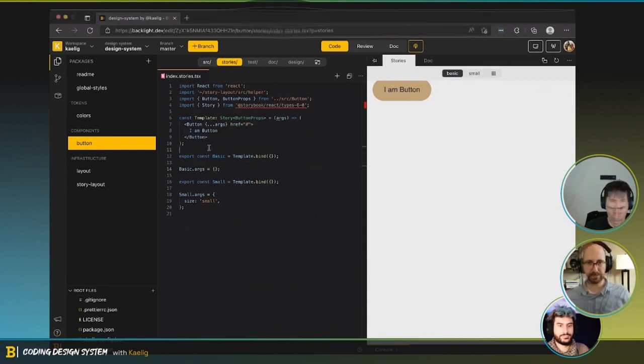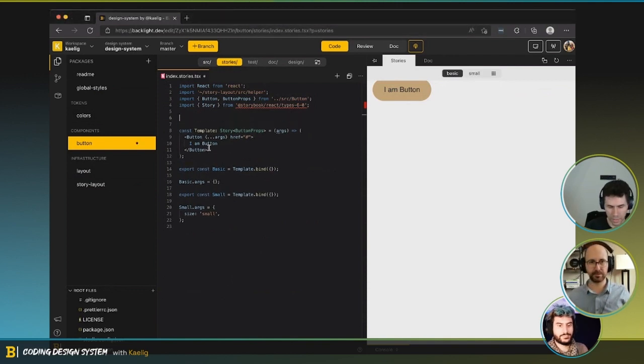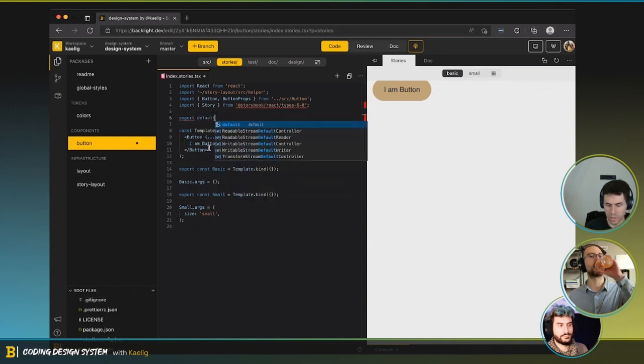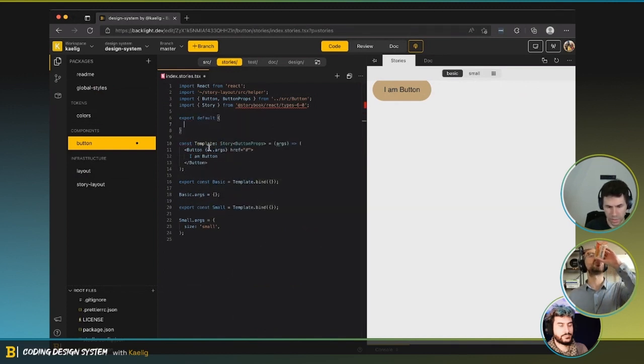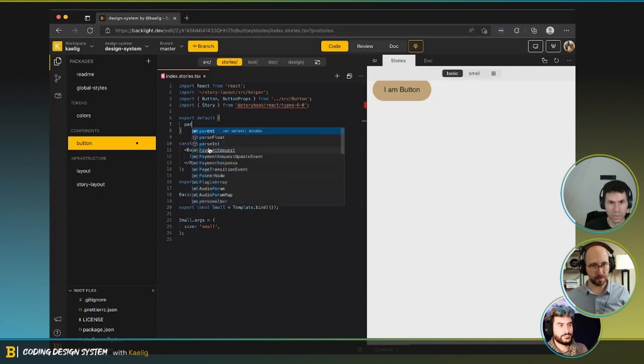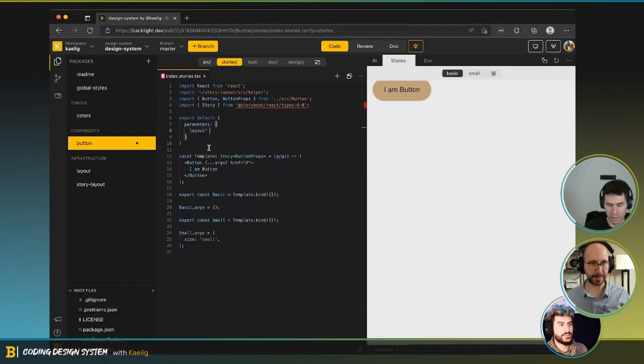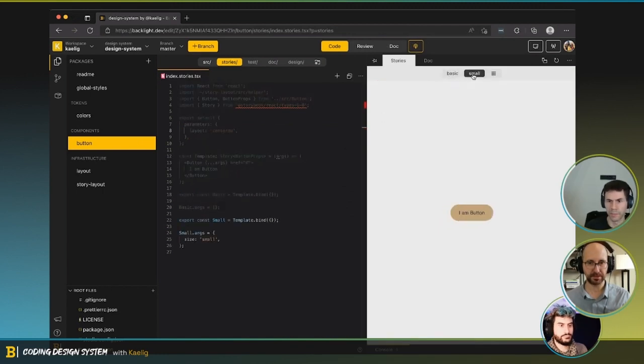Okay, no problem. I want to be fast, but I'm just going to export some default setup here for Storybook so that we can get my layout centered. Yeah. There we go. So this way, nice. It's easy peasy.